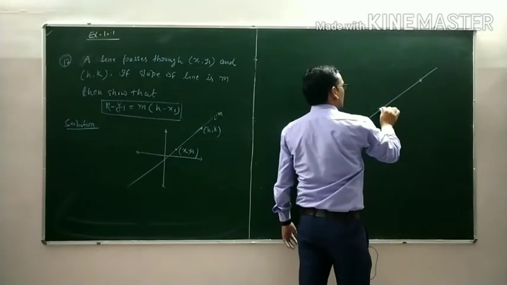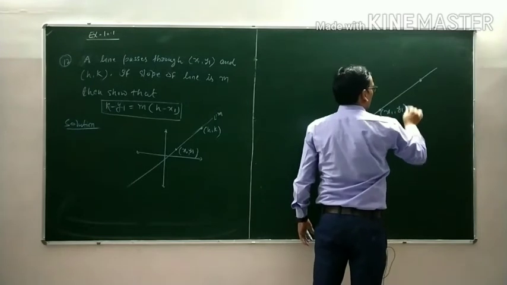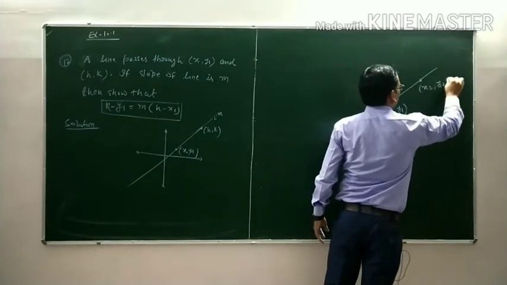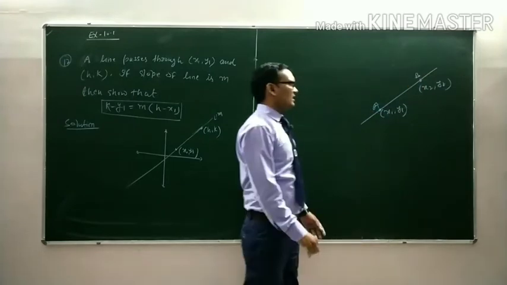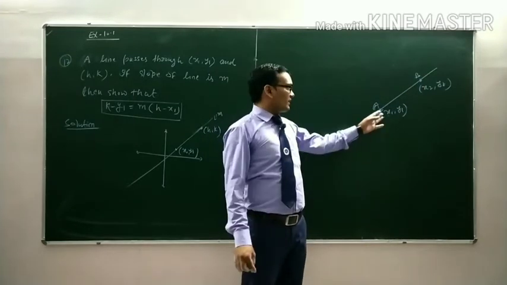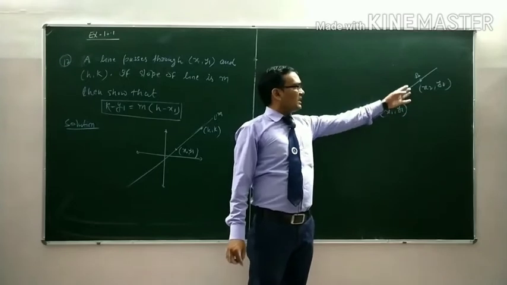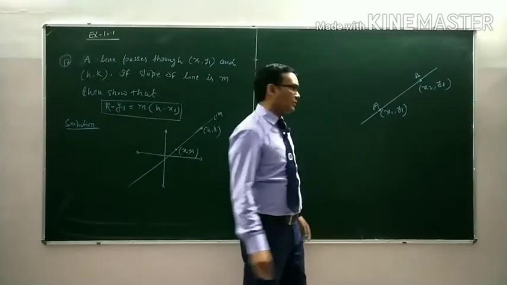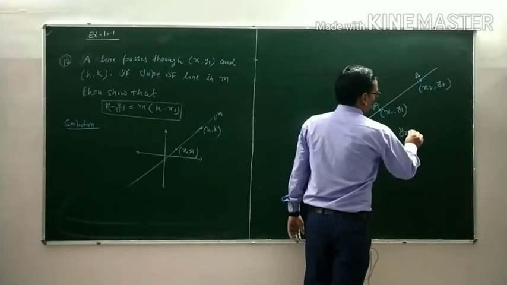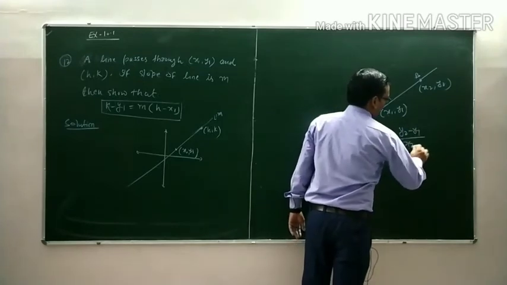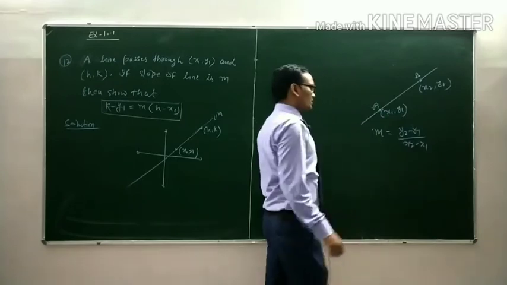You have already studied that when a line passes through two points x1 comma y1 and x2 comma y2, the slope of the line is y2 minus y1 upon x2 minus x1. Using this formula,